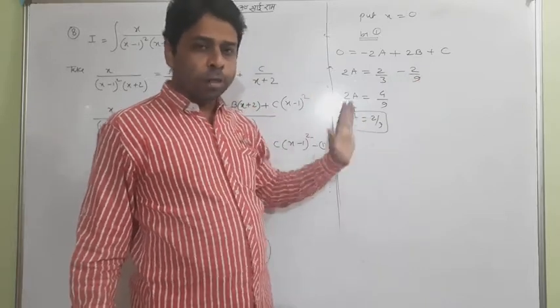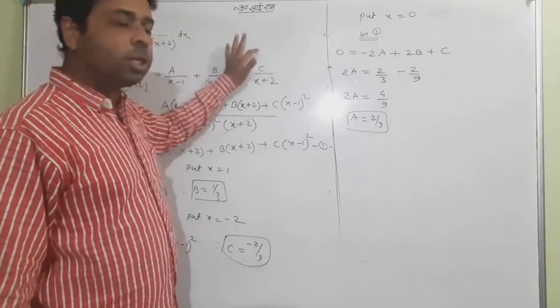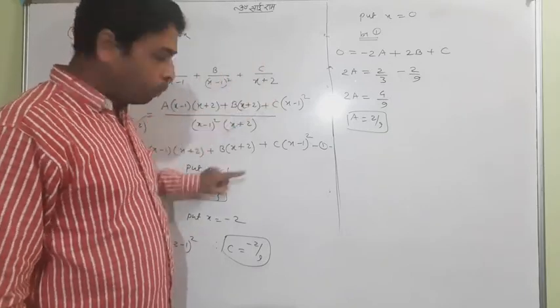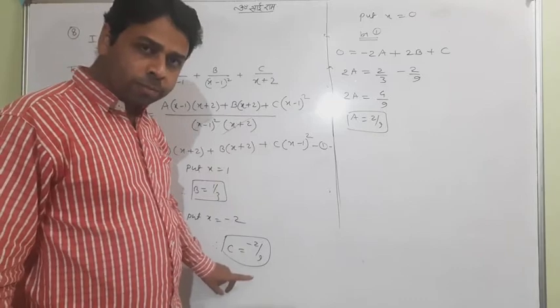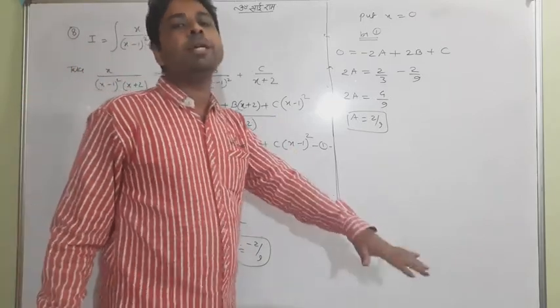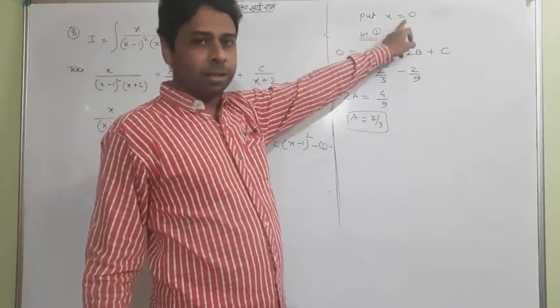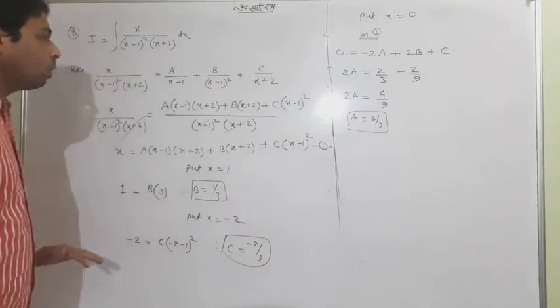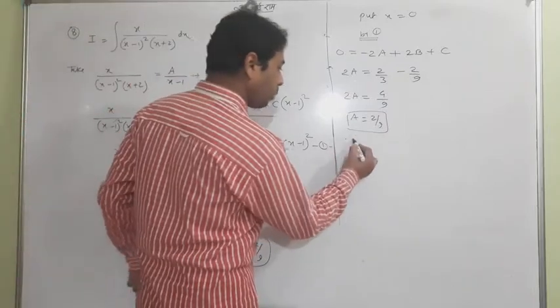So you had 3 unknown quantities. By choosing a linear factor, you got 2 unknown quantities, B and C. The rest is only 1. Then you are free to take any value of x, like here, and get the last one. When you succeed in getting all the values A, B, C, go with your x question.